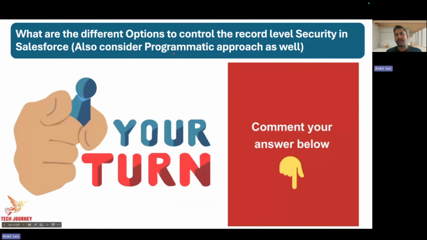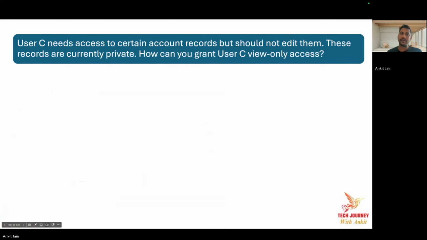Okay, so do consider both config option as well as the programmatic based option and put your solution in the comment section. If you don't know the programmatic approach, I will appreciate if you do some research and put the answer so that you will also learn what is the programmatic approach to control the record level security.